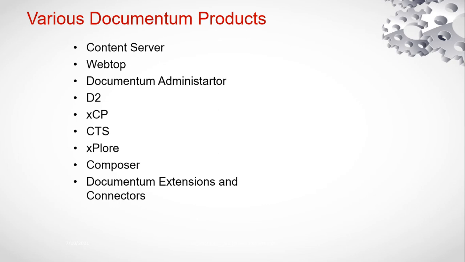Then Explore. As I explained, Explore is the server that manages search. A search functionality can be added to the Documentum repository or Documentum platform using Explore. You can search the documents based on metadata. You can also do a full-text search of the document's content. So you can search a keyword from the file content, and Documentum will show the documents based on Explore, and you can achieve the search functionality.